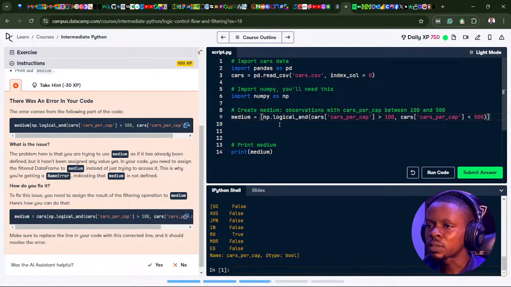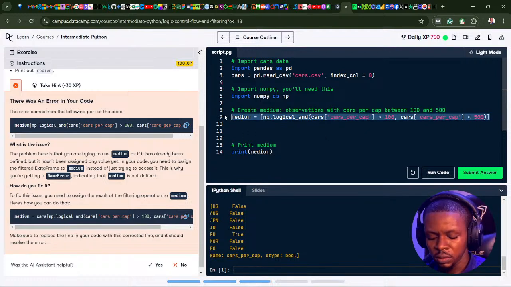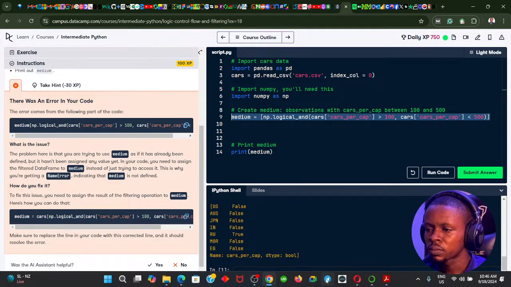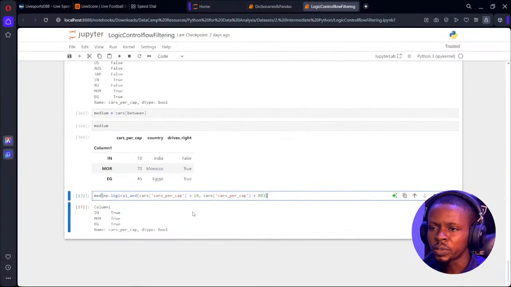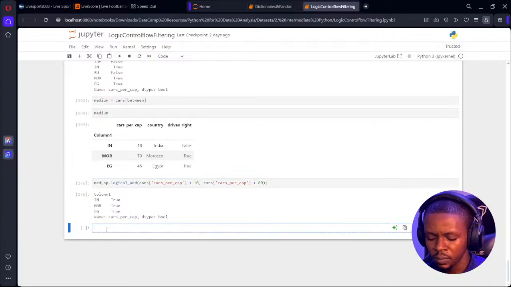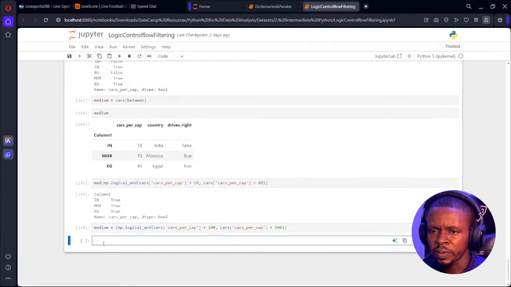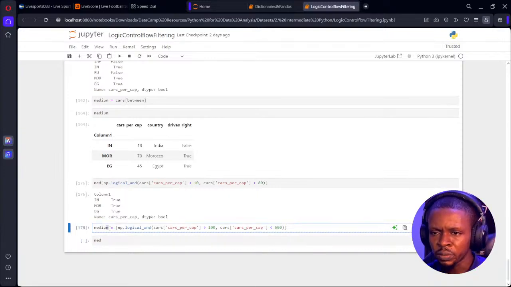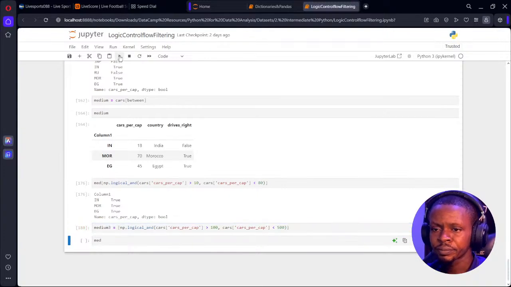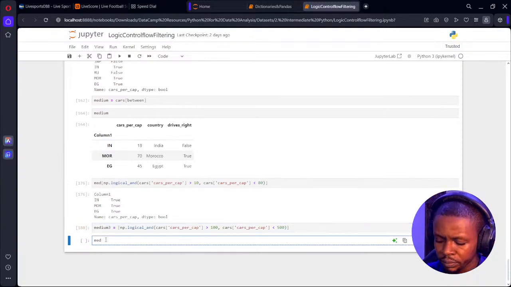So if I copy this same code snippet here and make use of it on Jupyter Notebook right here. So if I equate it, let's see. If I call on medium now, oh, I have many mediums here. I'm going to call this one medium 3. If I call on medium,